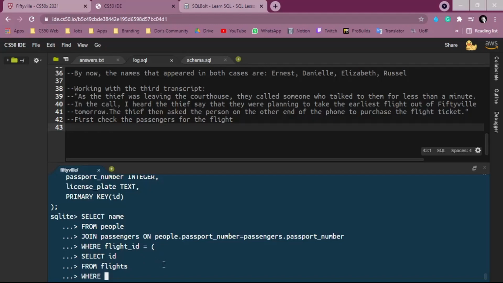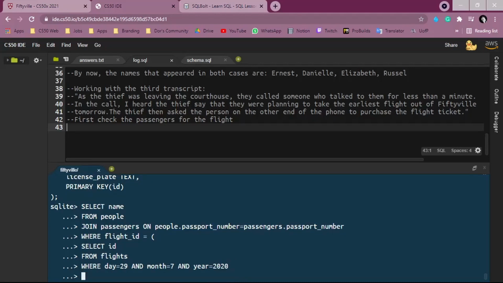And here we're going to find the flight that they are talking about. So day will be equal to 29, because it's tomorrow, and month will be 7, and year is going to be 2020. And we have to order this by hour and minute because they are going to get the earliest flight out of Fiftyville. That's why we have to use order by hour